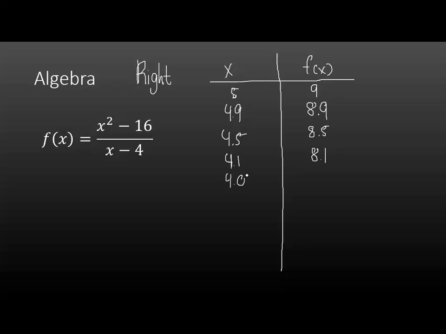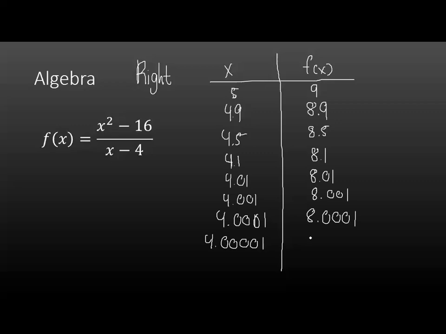So if I use 4.01, my calculator shows 8.01. How about this one? 4.001. So here I have 8.001. So let's do it even closer to 4. 4.0001. So the answer here is 8.0001. Let's make it even closer. 4.00001. The result will be